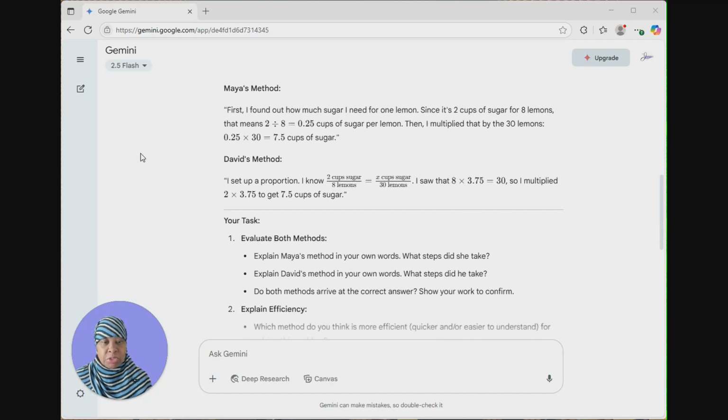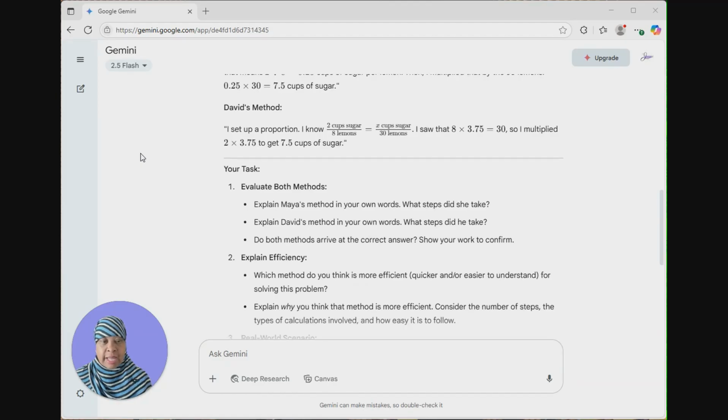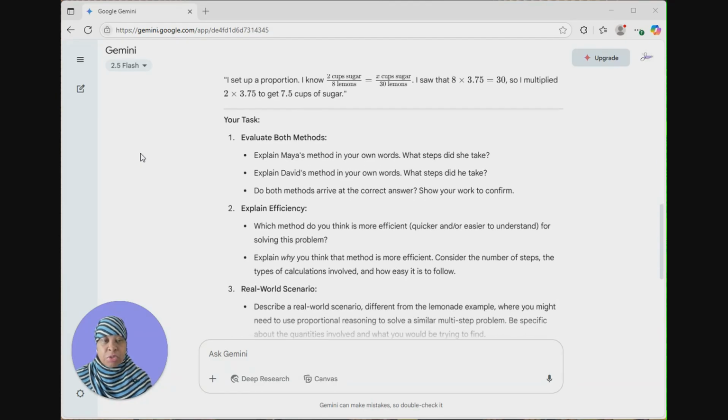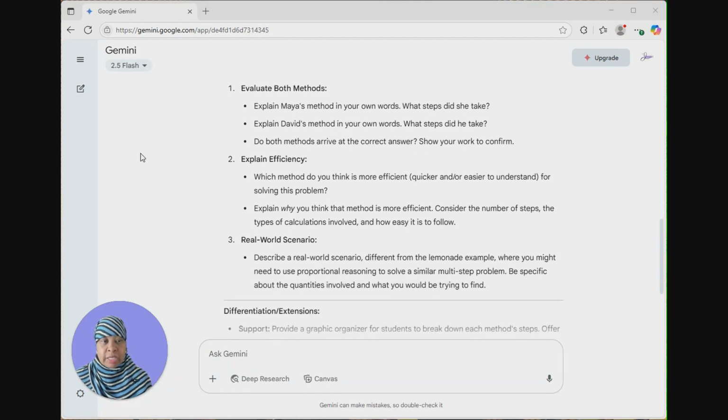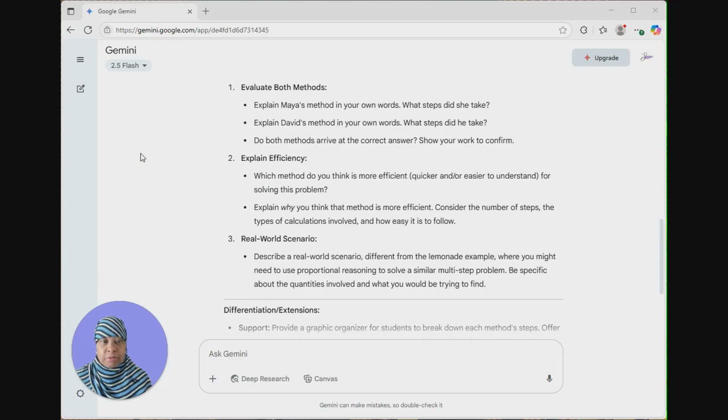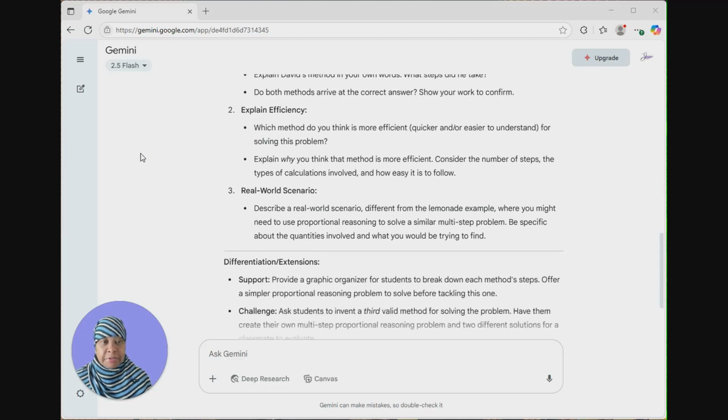They give Maya's solution, they give David's solution, and then they tell them their task, which is to evaluate both methods and explain in your own words what steps did she take, what steps did he take. Do both methods arrive at the correct answer? Show your work to confirm. They can explain which method they think is more efficient, which one is quicker and or easier to understand, explain why they think that method is more efficient, and then they give them a real world scenario